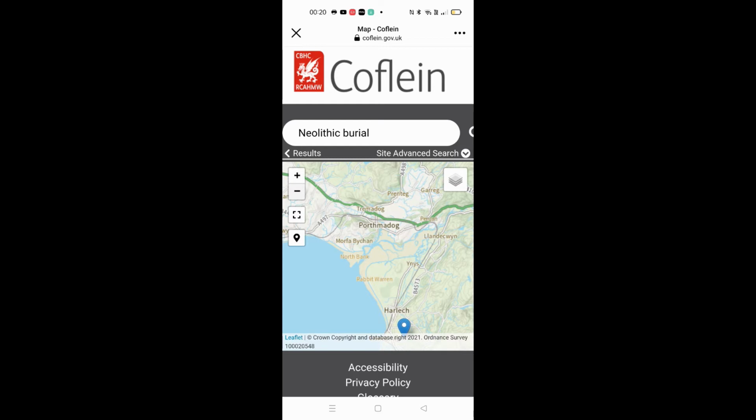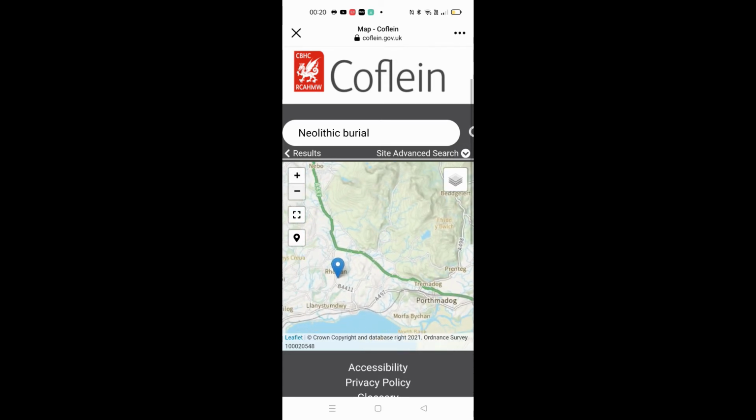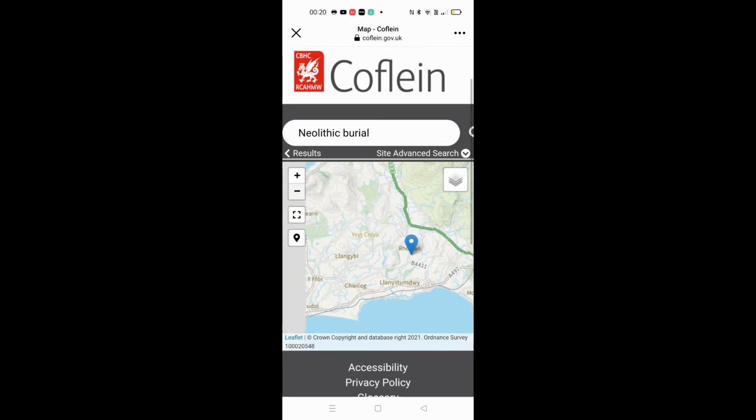And I'd heard that there was one on Anglesey, a burial chamber. I knew about one of them, and I could never find out what it was called, but I'd seen it on a programme. I thought that was the one on someone's private land, where you have to ask them to go on it. I didn't know about the other one, and the other one is so near the bridge that I could have probably gone there 5 or 6 times, or probably even 20 times, and I just, back then,